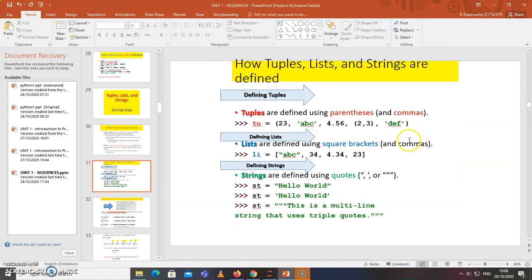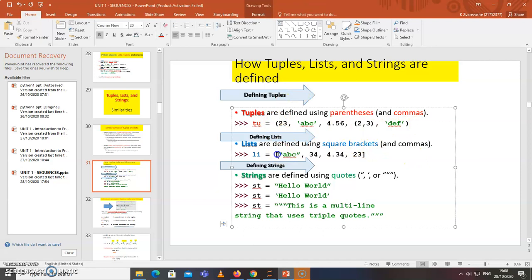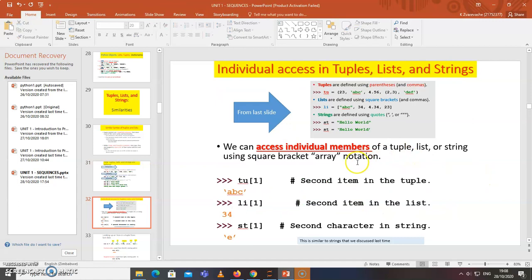So these are just similarities between tuples, lists, and strings. They are defined here. So this is an example of a tuple. If you want to see the difference between a tuple and a list, lists use square brackets, whereas tuples use parentheses, curves. So this is an example of a tuple. It was T2. This T2 has got 1, 2, 3, 4, 5, five members are here, and we also have a list here. And the difference between these and the string is that a string uses quotes, right? A string uses quotes, and